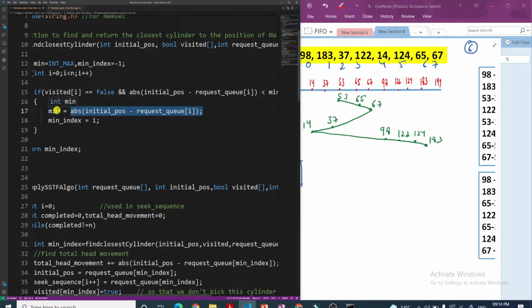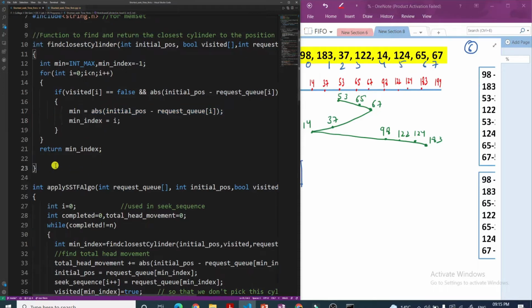So this minimum contains the subtraction or the difference. Minimum index contains the position of that cylinder, the cylinder for which I have found the difference, and the difference is minimum. Currently it is equal to 0. Next time I will move and say i equals 1, and again find the subtraction.